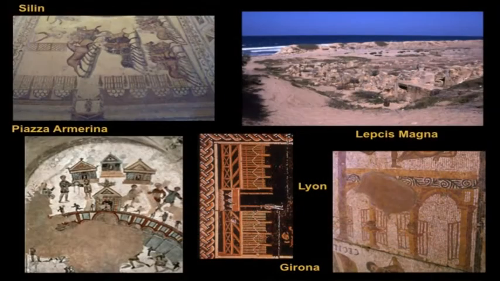In the mosaics, they're often shown flattened out in contrast to the bird's eye view of the other parts of the venue. The start of the race provided a point of high drama and tension, akin to the start of the final of the 100 metres, or indeed to the beginning of the Grand National or any other modern horse race. And the excavation of the starting gates in the circus at Leptis Magna, which you see here in the top right, along with these artistic representations, have allowed a much greater understanding of the opening mechanism of the gates